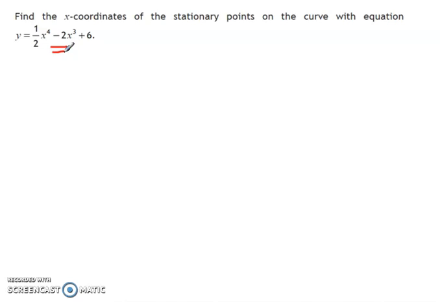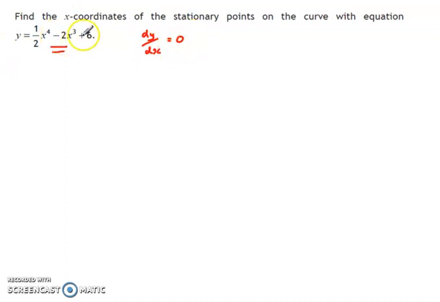It is that point where the curve essentially stops before it turns back on itself or continues on as a wave. What this means is that our rate of change, i.e. our derivative dy by dx, for the curve equals 0. So what we have to do is find the derivative of this, set it equal to 0 and solve it